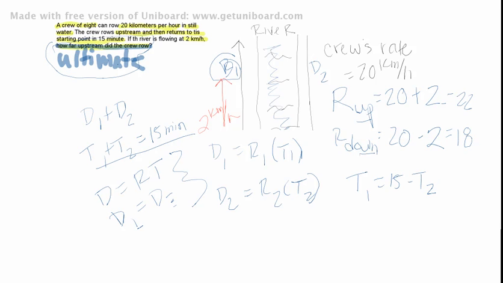Since we don't know the numerical distance, what we actually do is set rate 1 times time 1 equal to rate 2 times time 2. Since this equals that, we can replace rate and time in this equation over here, right? So that's what we do. Let's move over to a new page. Don't worry, I can flip back to this at any time, but we're going to move forward for just a second and say, okay, we know that distance 1 equals distance 2,